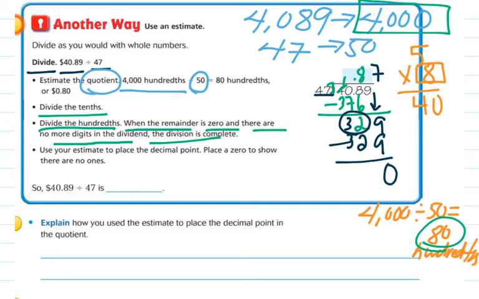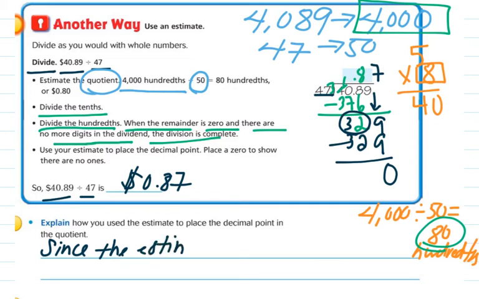It says use your estimate, place the decimal point, and place the 0 to show there are none left. So when you get $40.89 divided by 47, we can see that our answer is about 87 cents. So now, boys and girls, it says explain how you use the estimate to place a decimal point in the quotient. So what we can say is, since the estimate was 80 hundredths, which we know we write like this, or 80 cents, we can say,